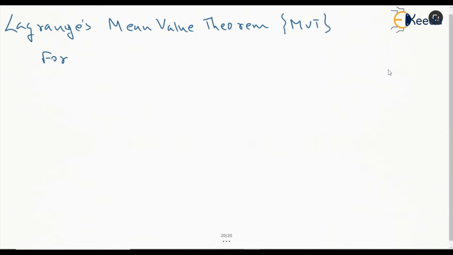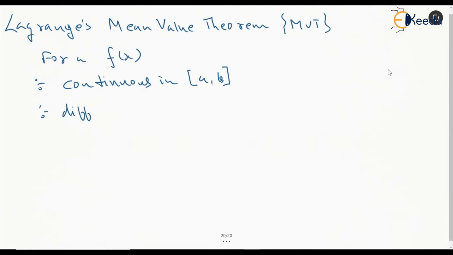For a function f of x, if it is continuous in the closed interval a b and differentiable in a comma b, that is open interval, then